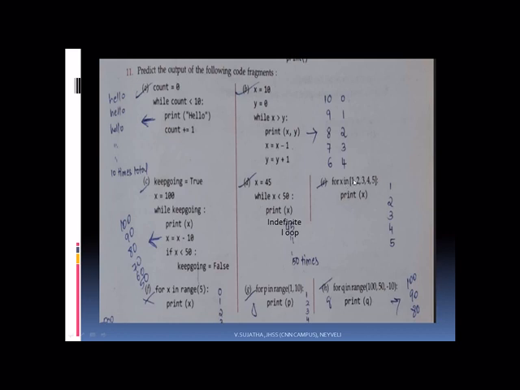So very first it will take 1 to x. So 1 will be printed. Next time when it is going, it will take 2, it will take 3, it will take 4, it will take 5, up to that. So 1, 2, 3, 4, 5 will be printed. Clear? Whenever it is printing the x, 1 will be printed, then automatically the cursor will go to the next line. So that is very important. Okay. Then we'll come over here.